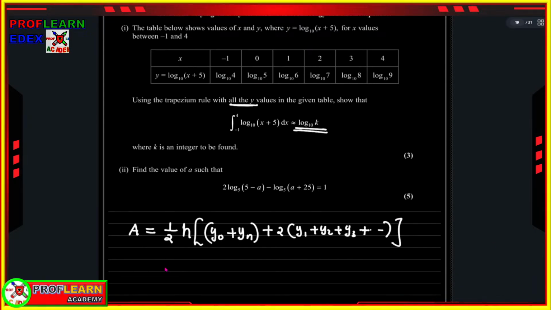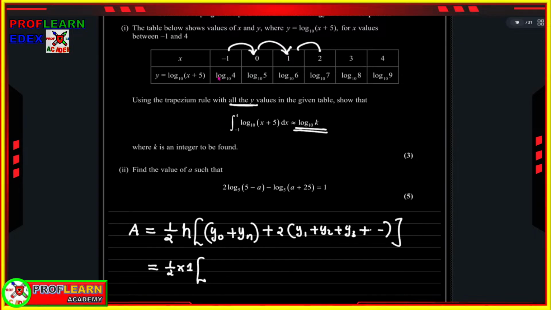So in this case, our height, you can see from one to another we are having an increment of 1. So this is going to be equal to a half times 1,